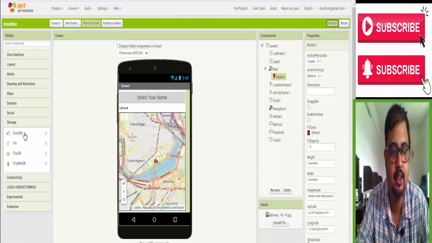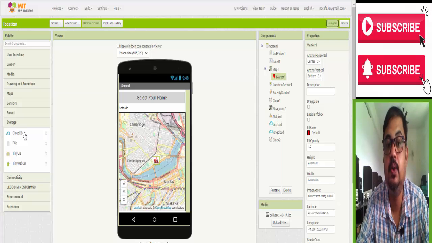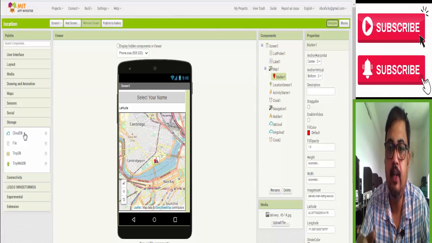It is a free version. So in that case, you may see in the video, when my project video is shown, the movement is not continuous. It jumps like 100 feet, 200 feet because of that free server. If you have your own server, and you store that value in your own server and pull that value from your own server, then you will see your app moving smoothly for every step.